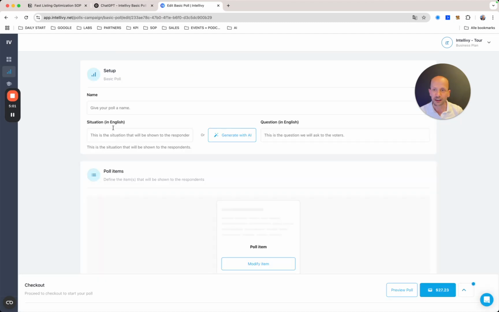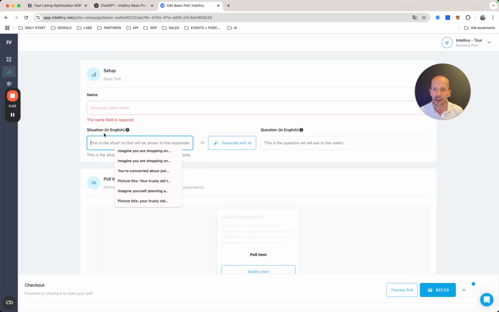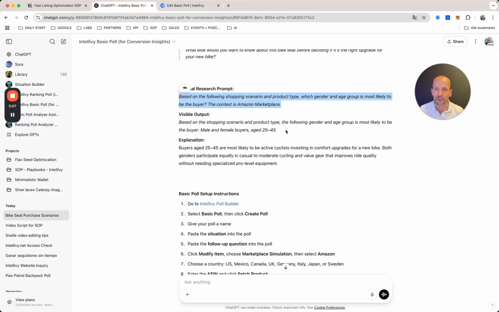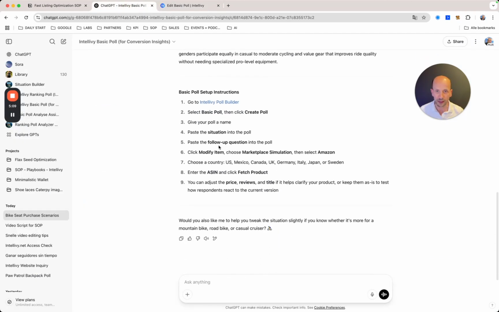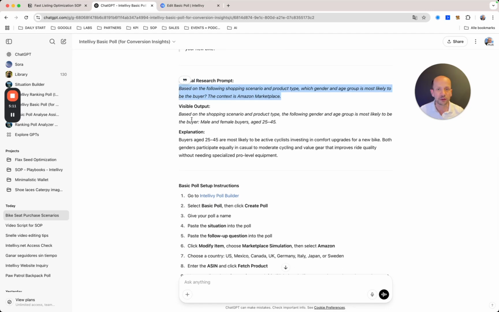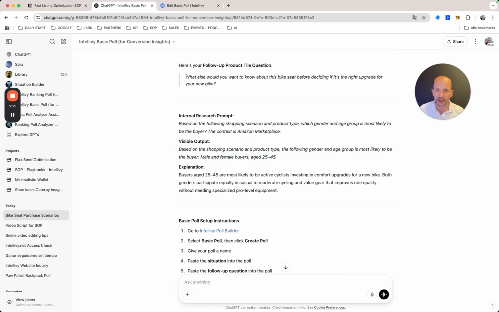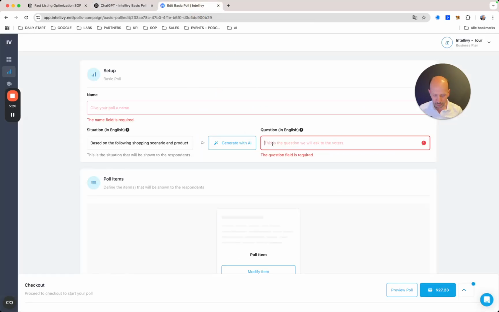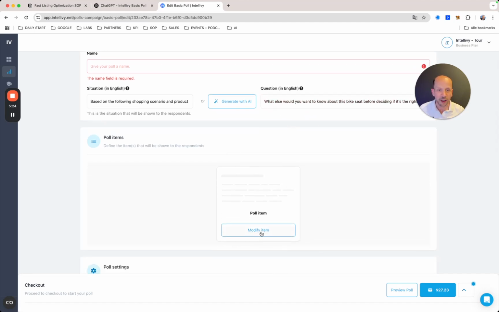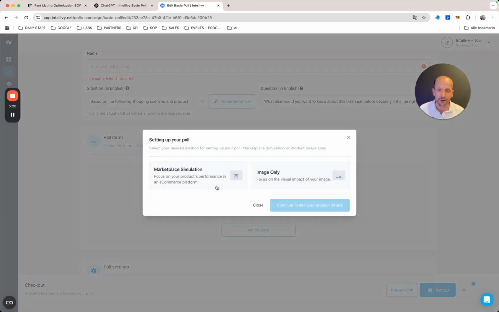And then here you give your poll a name, and then here you just paste the situation, then you go back to the SOP, and you copy the question. I'm sorry, you copy the question and also paste it in the poll. Then you come to the part where you have to modify the item, and this is so great because